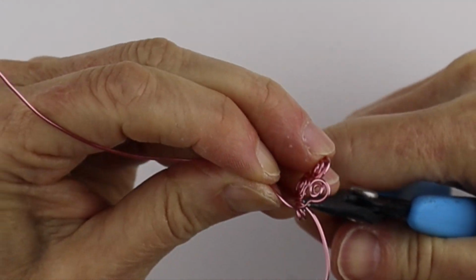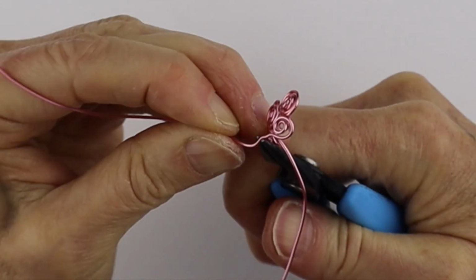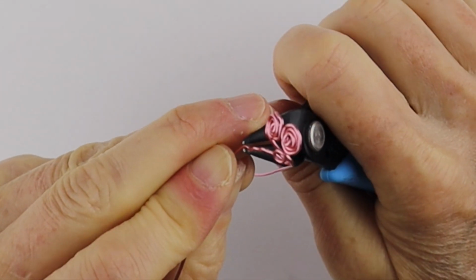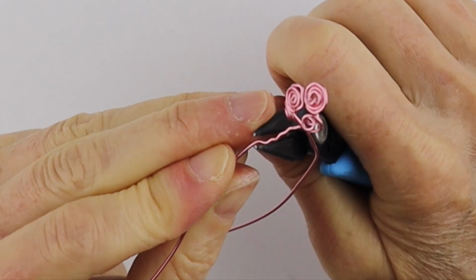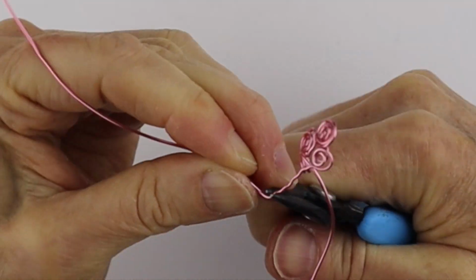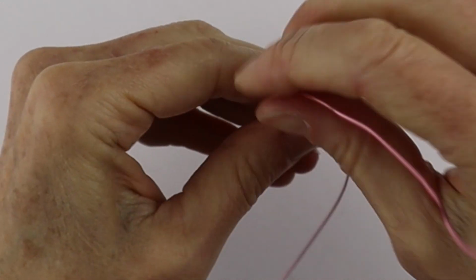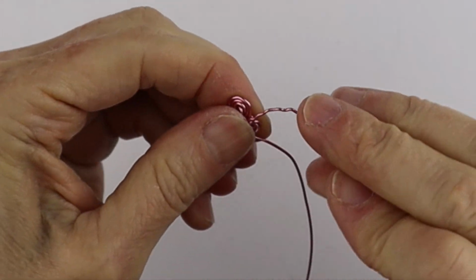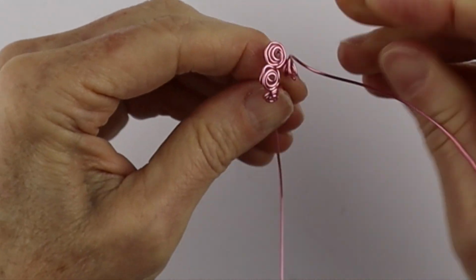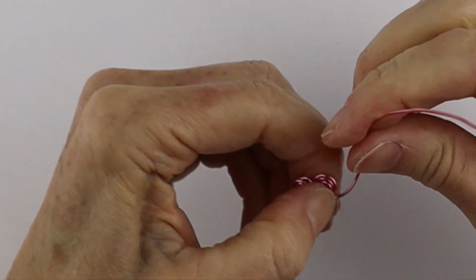So now I'm going to do more crinkles around here, flip underneath a little bit, back and forth. This rose gold color is beautiful. This is the artistic wire from Beadalon. I love their colors and I love their wire. It's really nice. So back and forth, and then we're going to bring this one around this rose. So just around and around. There we go. And then we're just going to keep going with it until we have the number of roses